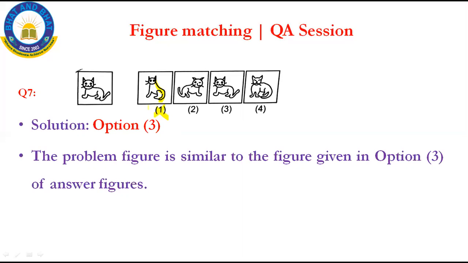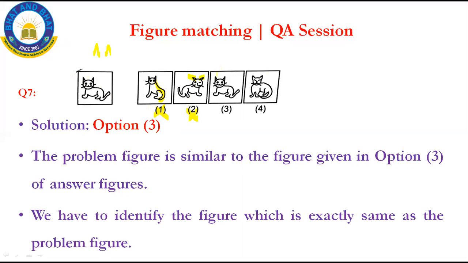And then option 2. See, can you see the ears of the cat here? It is like a triangle, but it is curved, isn't it? In option 2, it is curved. So option 2 is not the correct answer. Go with option 3. Yes, see your cat ears and eyes are in the same position. So it is the correct answer. Why not the fourth one? See, in the fourth one, the position is different.